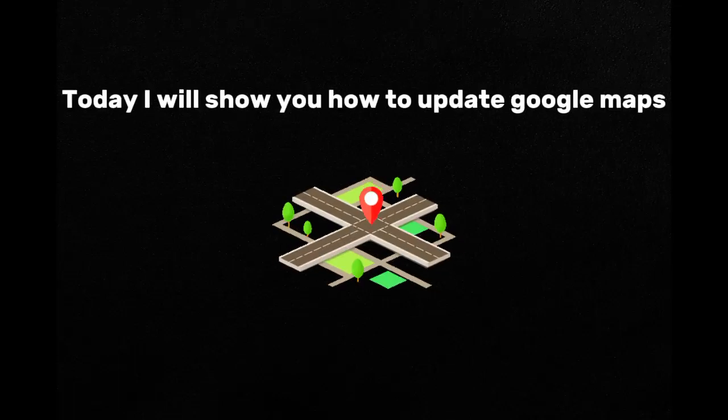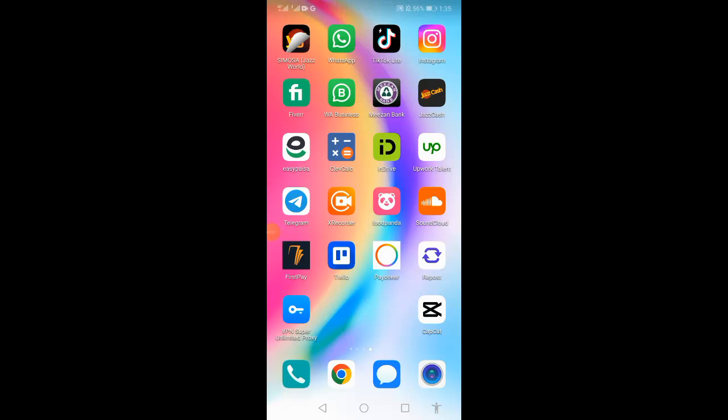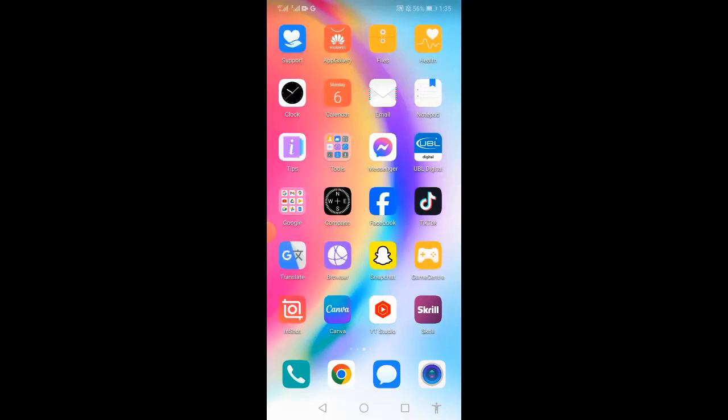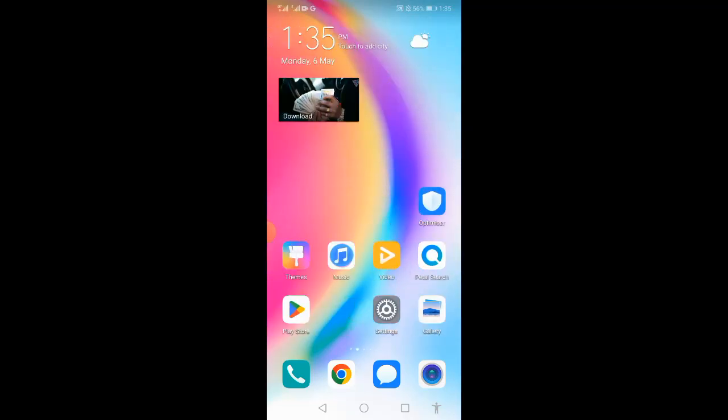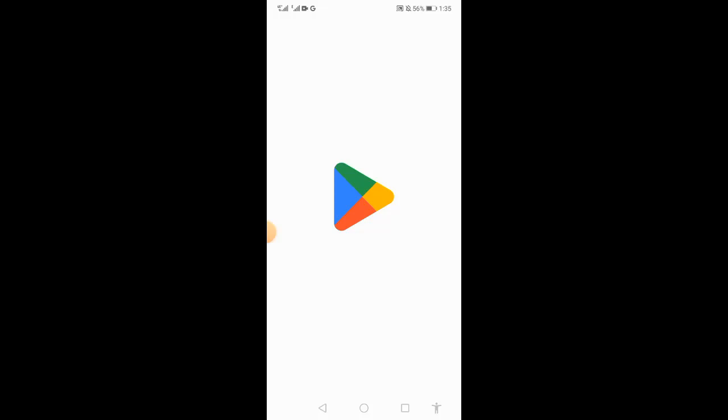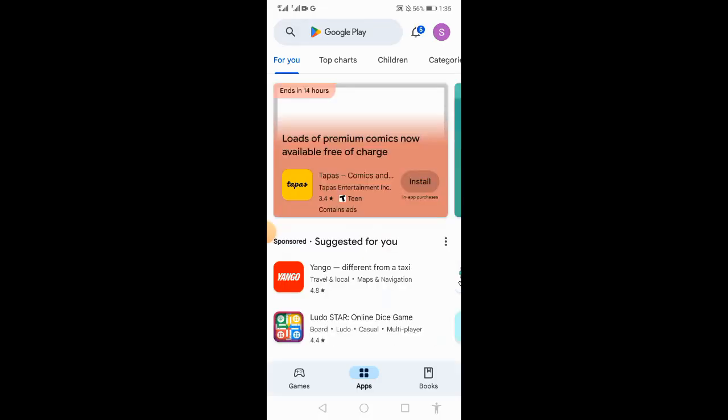Today I will show you how to update Google Maps. So you have to just simply go to find and open the Play Store on your Android device. So when you have found and opened the Play Store, and when it's open you have to go to the